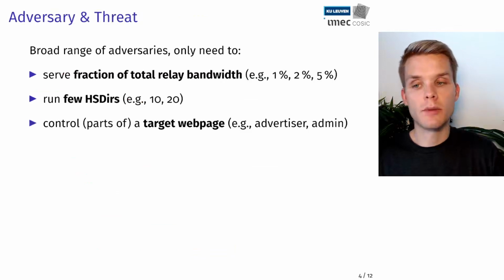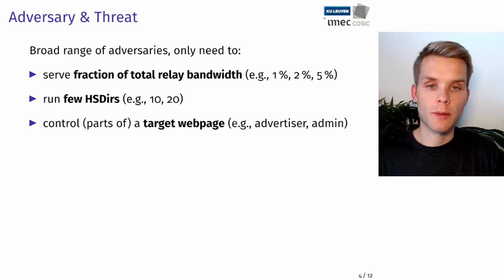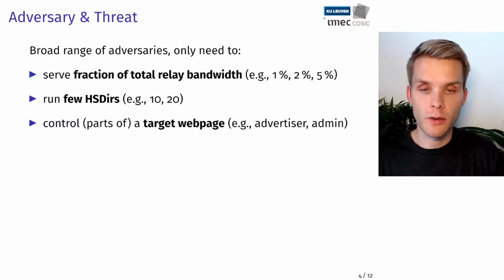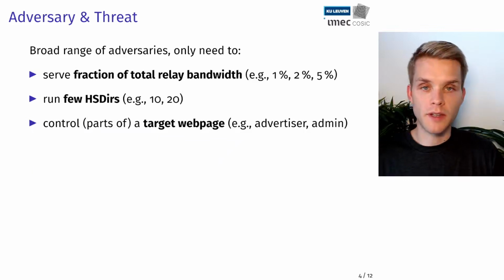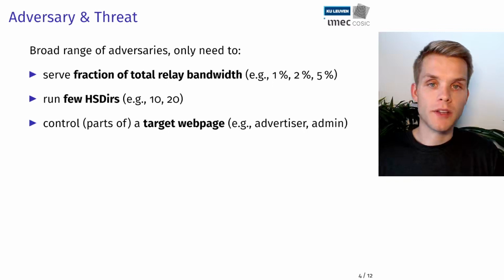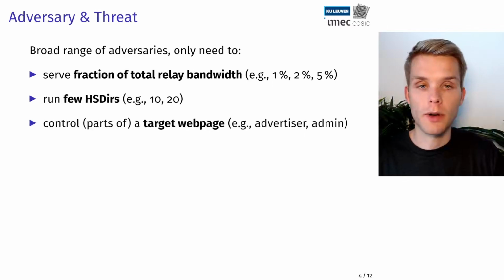For our attack, we consider a broad range of adversaries that only need to provide a couple of capabilities. First, we assume that they serve a fraction of Tor's total relay bandwidth, for example, 1%, 2%, or 5%. Additionally, the adversary needs to run a few of those hidden service directories or HSDIRs, but a small number such as 10 or 20 of them suffices. And finally, the adversary needs to somehow be part of the attack webpage that victims will visit. This can happen by them being the first party or by being a third party included in the page,